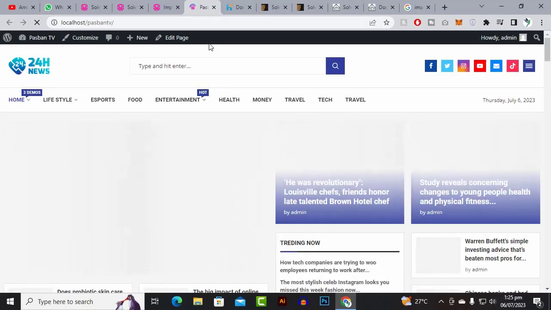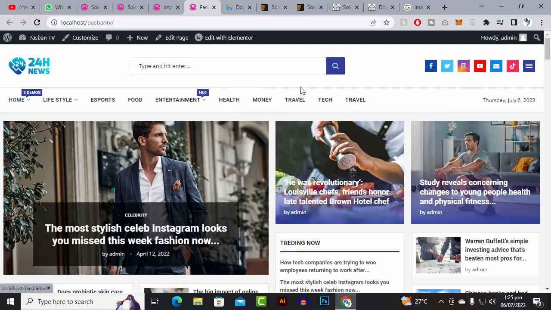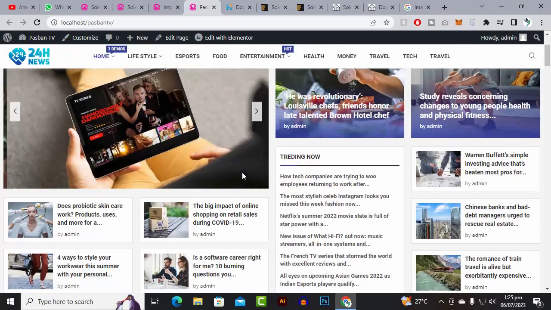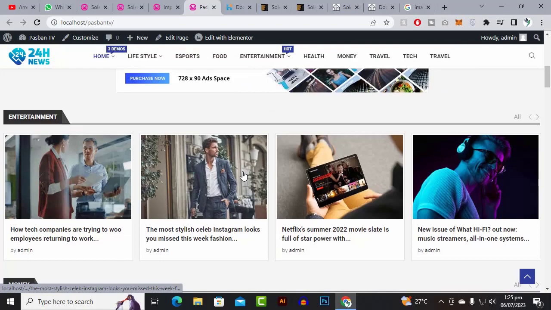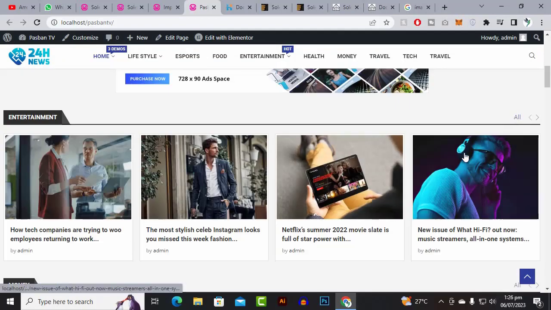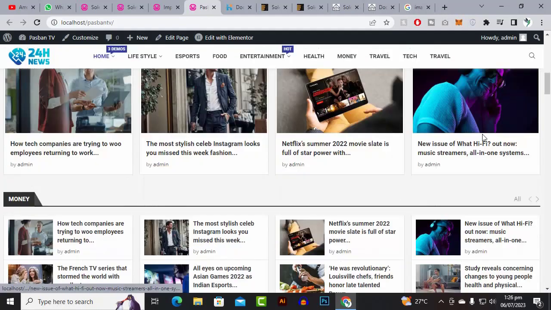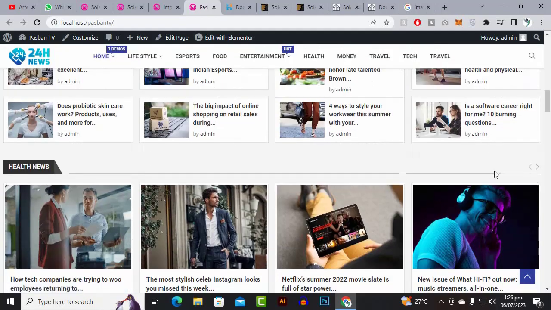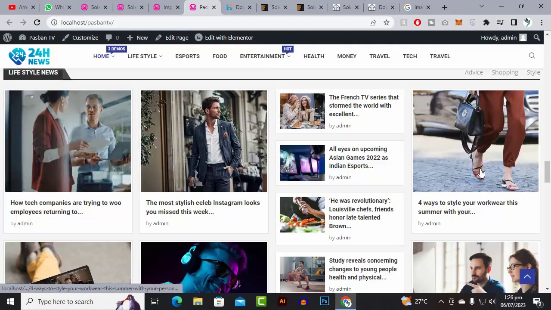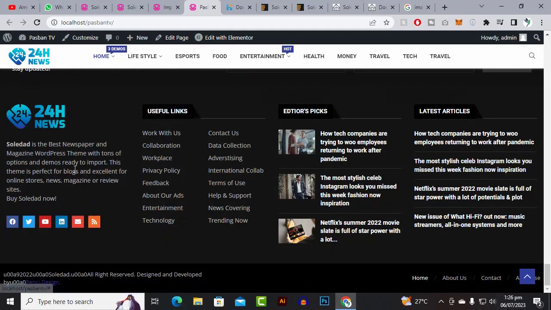And yeah, that's beautiful. Everything is installed with menus, with everything. The search is there, and the slider is also working, and that is the beauty. So this is the beauty of Solid.add, which I personally like this theme. So everything is installed, and our template is fully